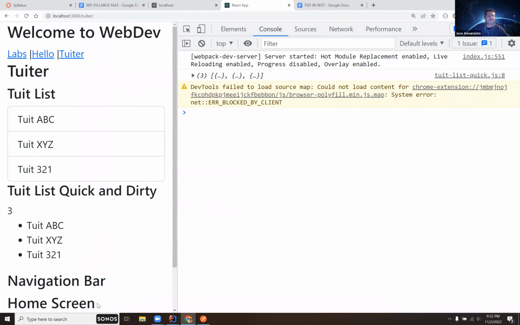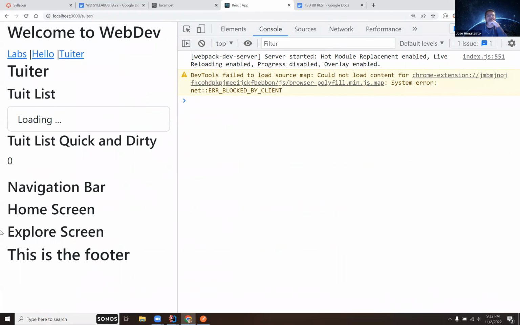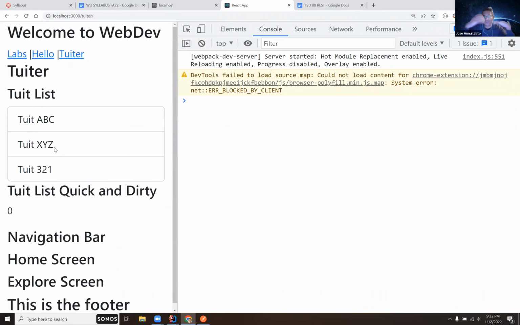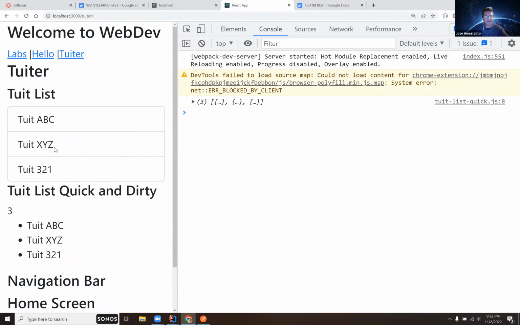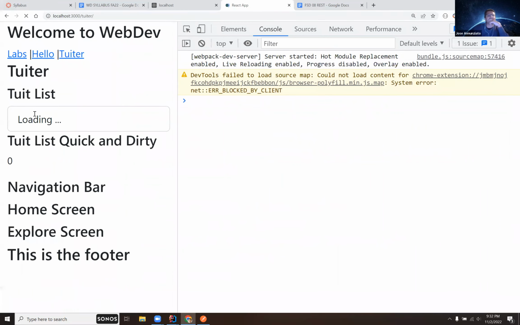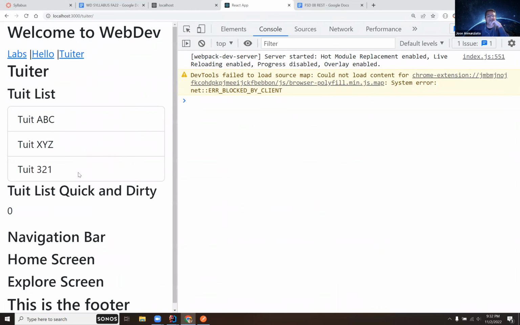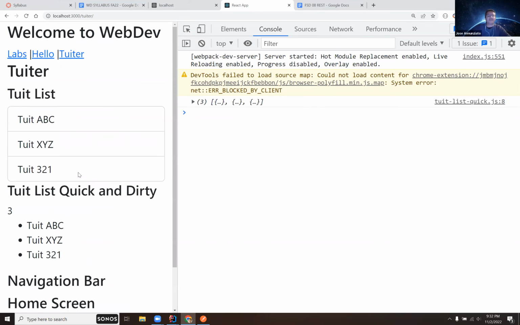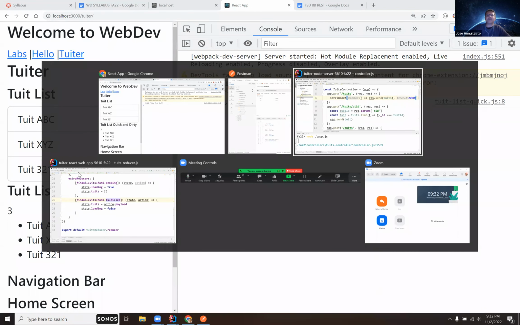I'm gonna refresh. Now notice what happens is, see that it's displaying loading, and then 2 seconds later it displays it. Okay. Now notice if I refresh again, there it is. It's loading, right, and then it displays it. And what's happening here is that